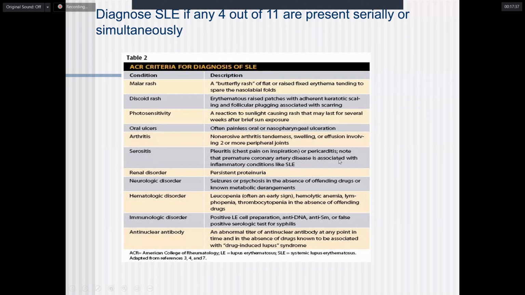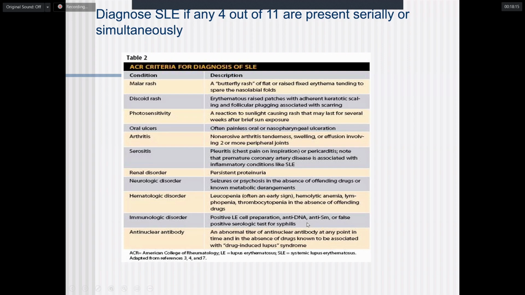Of course, these patients are more likely to develop premature coronary artery disease, renal disorder, persistent proteinuria, neurologic disorder, seizure or psychosis in the absence of offending drugs, hematologic disorder, immunologic disorder, and anti-nuclear antibodies, hematologic leukopenia, hemolytic anemia, lymphopenia, thrombocytopenia in the absence of offending drug, neurologic disorder, positive lupus erythematosus cell preparation, anti-DNA, anti-Smith, or false positive